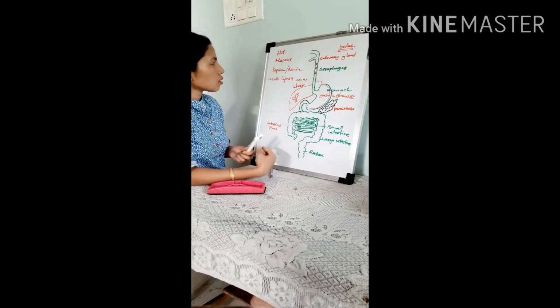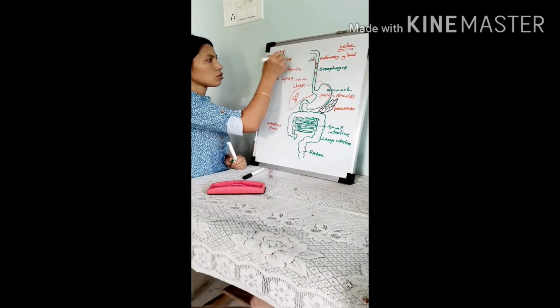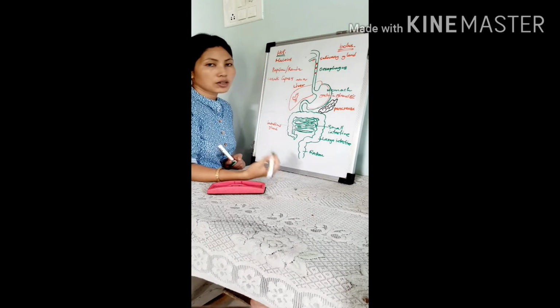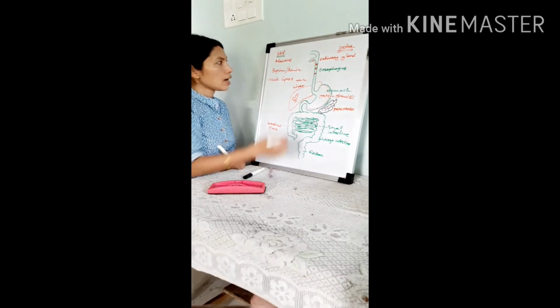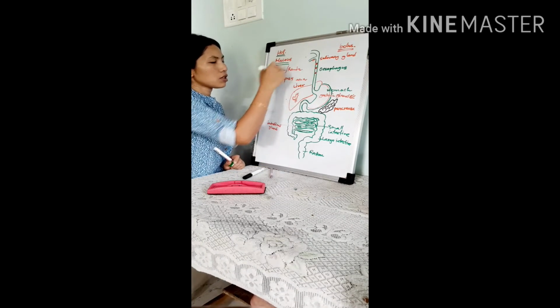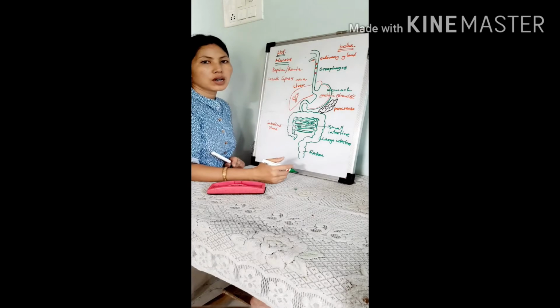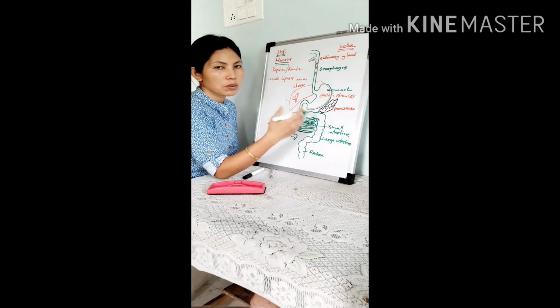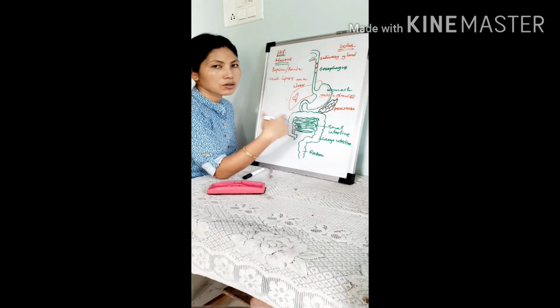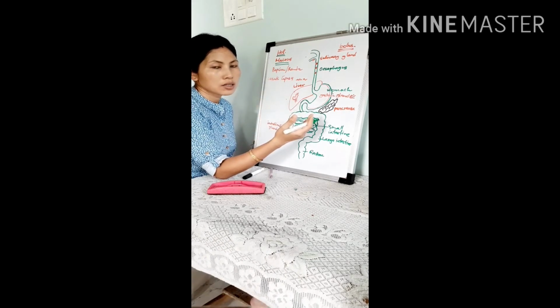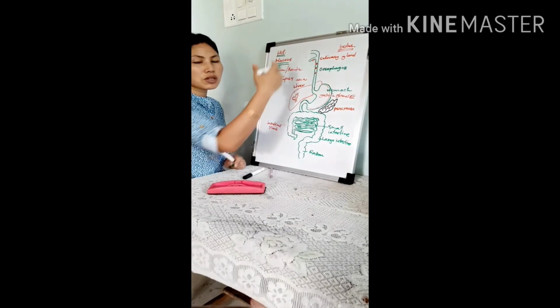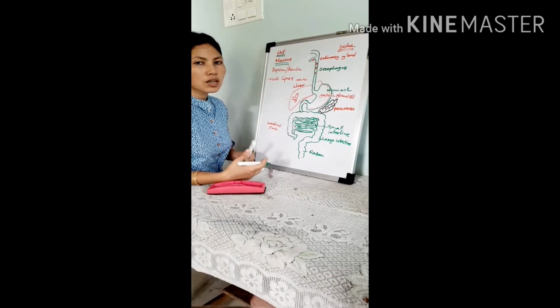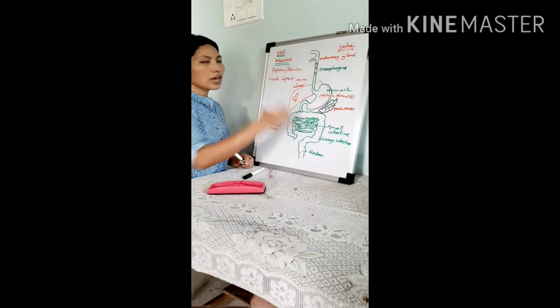So first, for example, the hydrochloric acid. This hydrochloric acid is concentrated in nature. It is corrosive and highly concentrated. On the other hand, the mucus, which is alkaline, helps in neutralizing the effect of hydrochloric acid. As a result, even though it is concentrated, it does not corrode the stomach lining, or the lining of the stomach is not corroded even though it contains the acid. So hydrochloric acid and mucus neutralize each other's effect, but the main purpose of hydrochloric acid is to provide